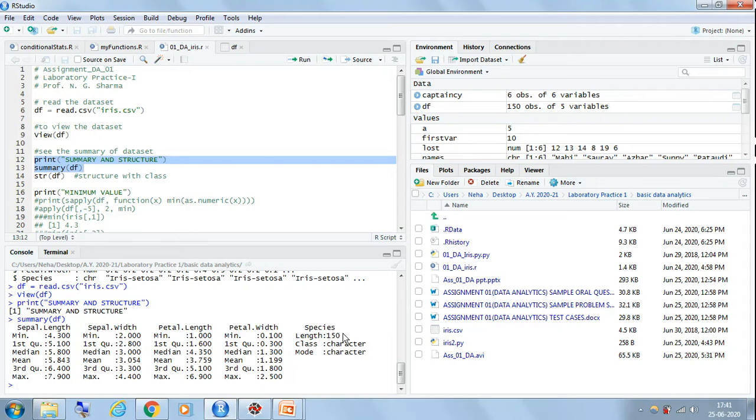The same thing can be observed here in the environment pane in the top right corner. You can see here. Okay. In df you have 150 observations of 5 variables. So 150 observations indicates there are 150 rows or 150 records in our data set, and 5 variables indicates the 5 features or the 5 columns that we have in our data set. Okay, so this is the summary information which is being displayed.